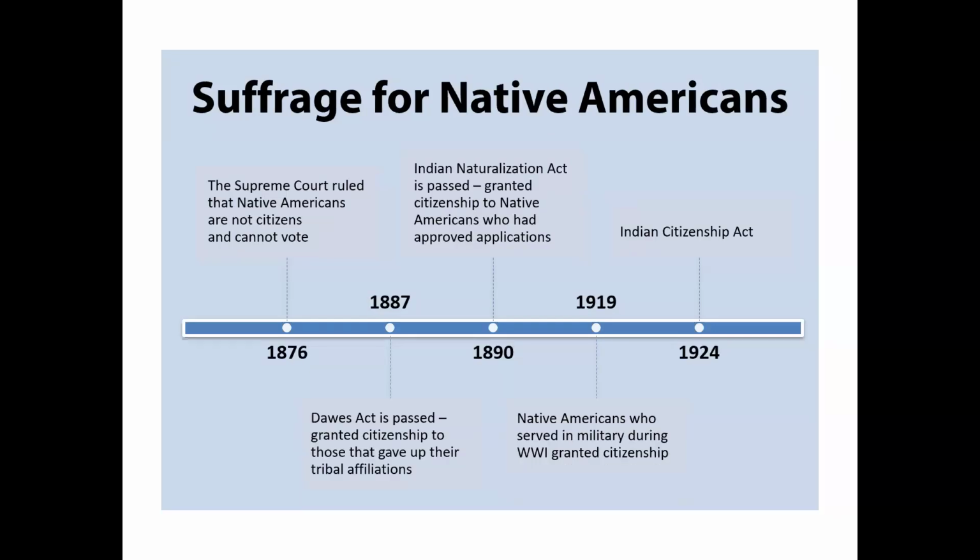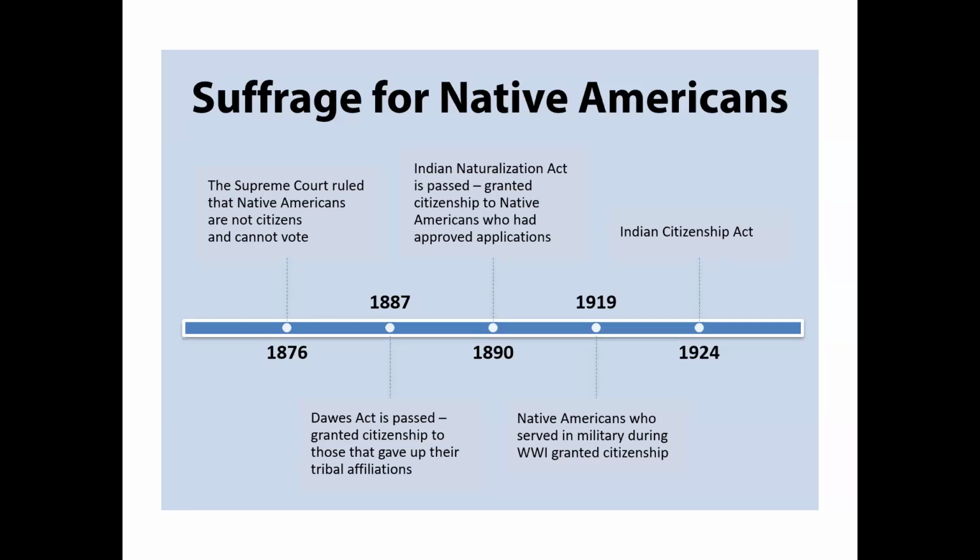Moving on, looking at some of the different suffrage rights for Native Americans. Native Americans have always been treated, obviously, like second-class citizens when it comes to their rights, especially with their land. And this actually had culminated in many different Supreme Court cases that were passed. In 1876, the Supreme Court had ruled in the case Elk versus Wilkins that Native Americans were not citizens and